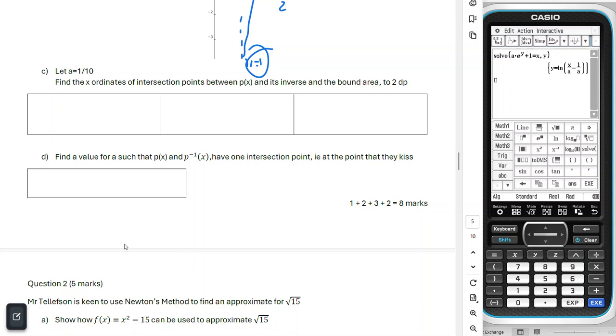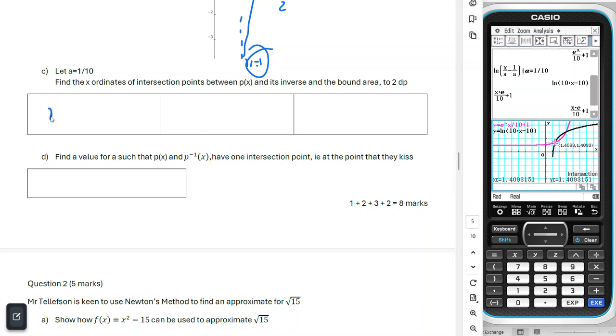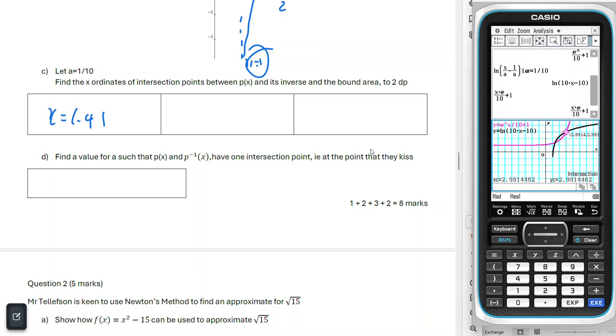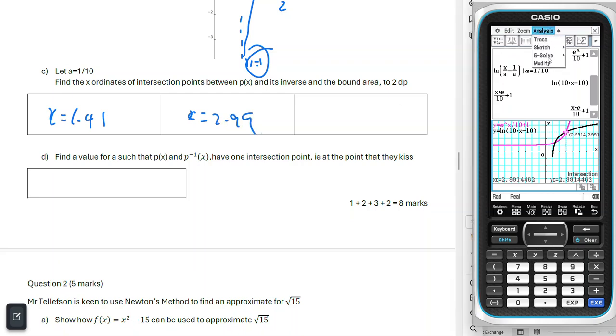Okay, so find the x-intercepts. I'm now going to make analysis G-solve intersection. 1.49409. So x equals 1.41. The other intersection is x equals 2.99. And analysis G-solve integral intersection, accept the first one, come across, accept the second one, shaded region 0.63, so area